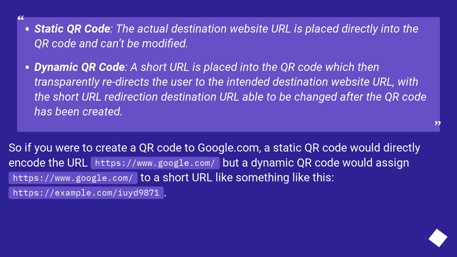Static QR code: the actual destination website URL is placed directly into the QR code and can't be modified. Dynamic QR code: a short URL is placed into the QR code which then transparently redirects the user to the intended destination website URL, with the short URL redirection destination URL able to be changed after the QR code has been created. So if you were to create a QR code to google.com, the static QR code would directly encode the URL,